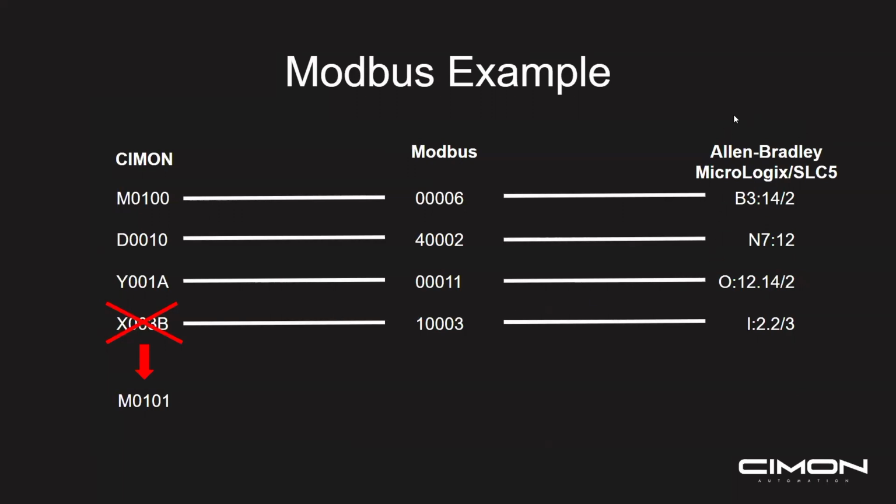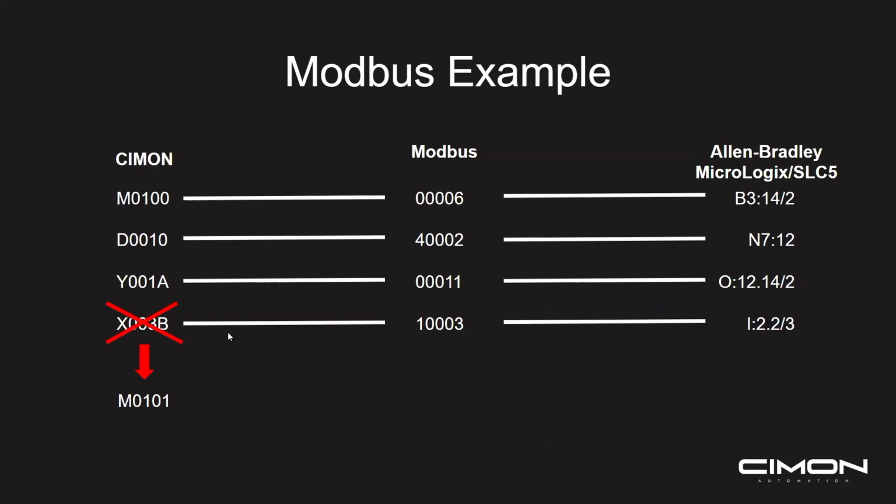So if the Allen Bradley PLC was the master and it was trying to read from a CIMON PLC, you wouldn't be able to use a read-only register to write onto a read-only register. That doesn't make any sense. So you would need some type of register that is read-writable on the client side. So I'm using the CIMON PLC as a client in this